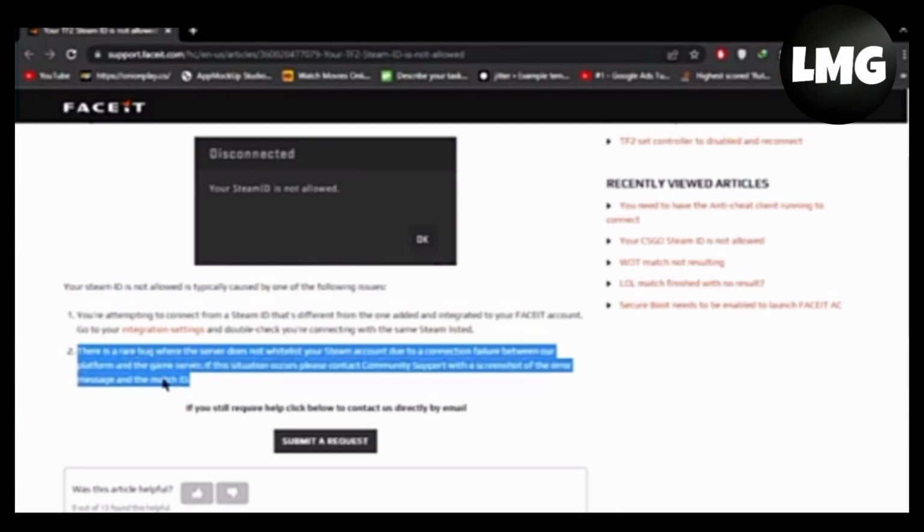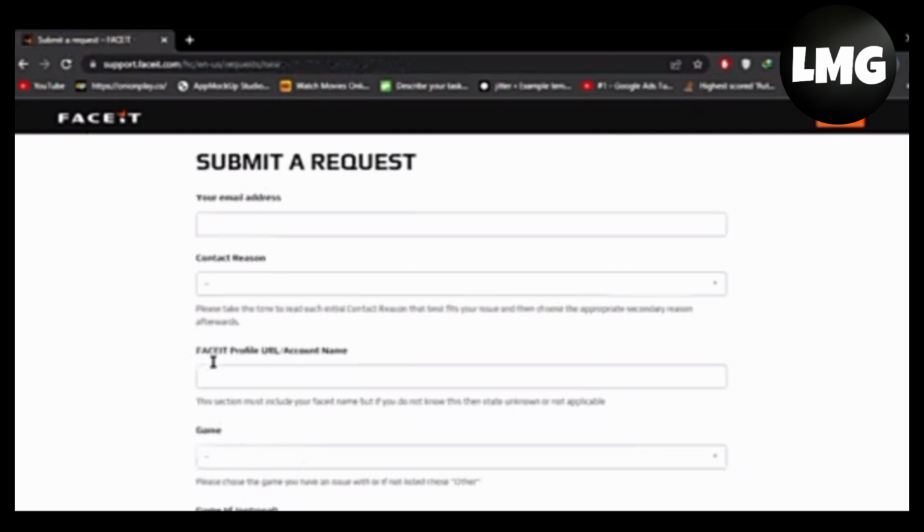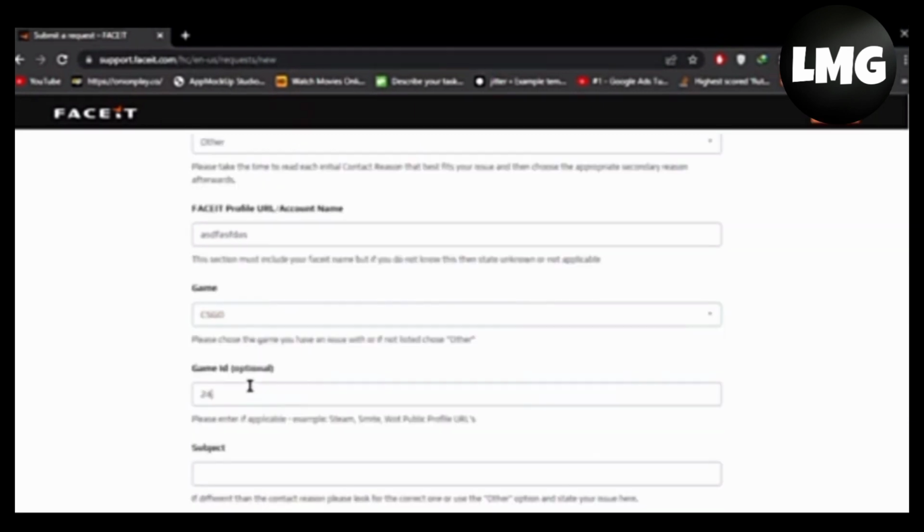the FACEIT AC. For this you have to just open your FACEIT, and here you will find an option of submit a request. Tap on it, and here you will find this type of interface. You have to put all of your details here. Select in the contact region, you have to just select Other, and then put all other details